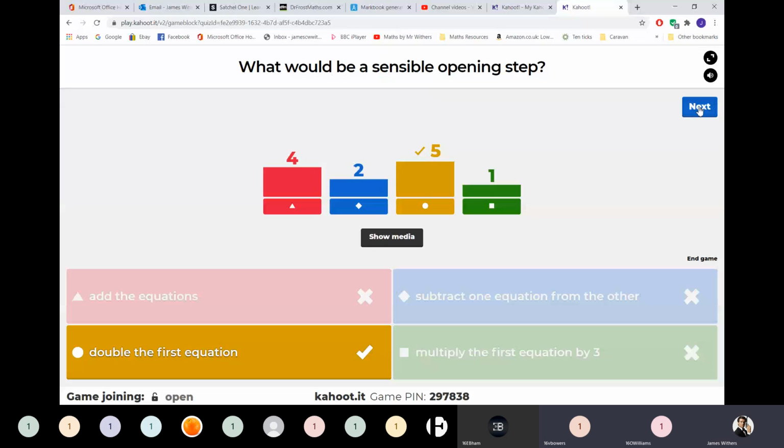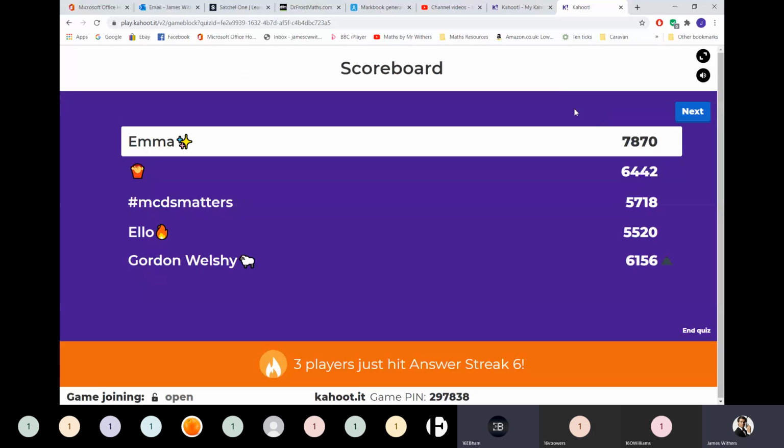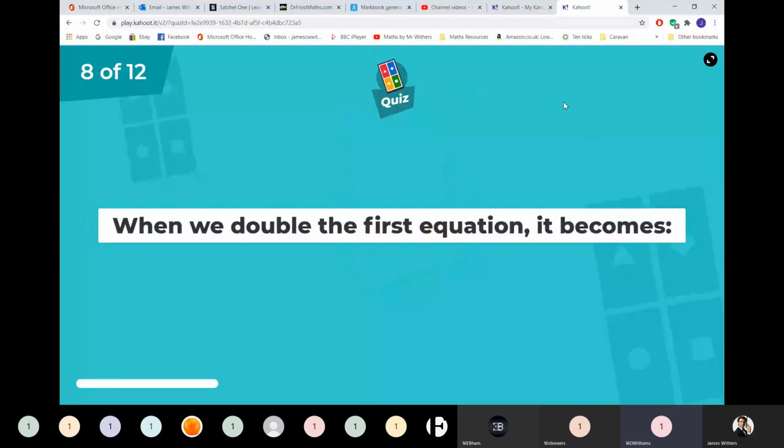So, was Emma one of these 5 golden people? Hopefully not. Of course she was. No, that's a huge lead. I've just gone up 1,500 points on the leaderboard. I think next year we're going to have a top set with 1 pupil in it. Yeah, with me in it. Went first, second, and now I'm in third.